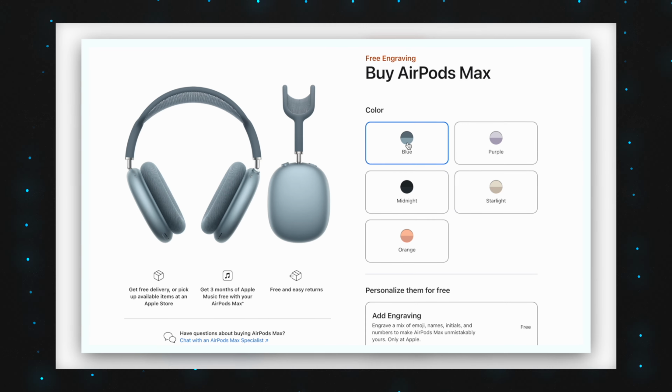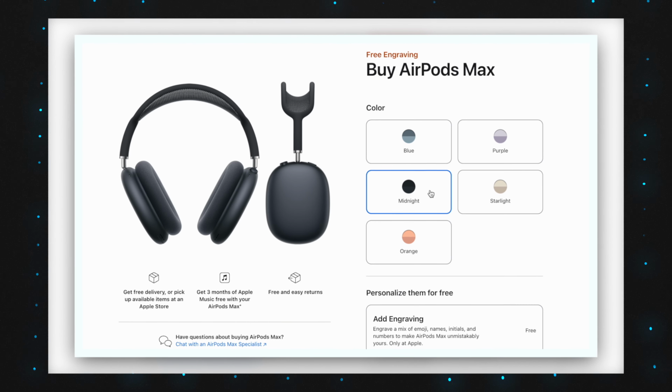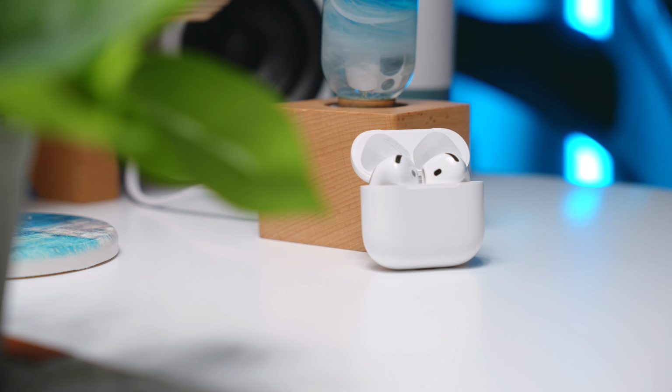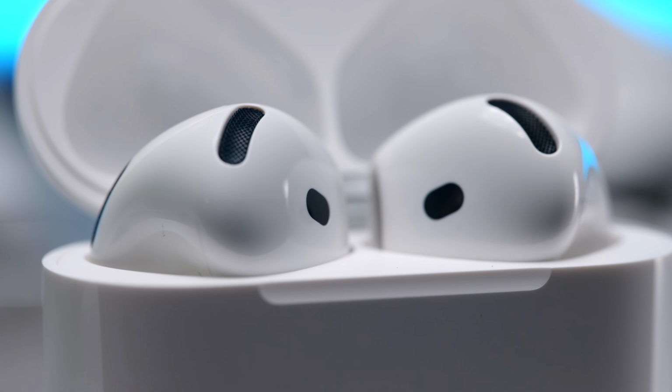Nathan here. So I know that everyone was super excited to finally get the revamped second generation of the AirPods Max, and we were all tragically let down when all they did was add a USB-C port and throw in a few new colors. But behind the scenes, the regular AirPods got a pretty significant upgrade this year. I might even go as far as to say the AirPods got the biggest update out of every product